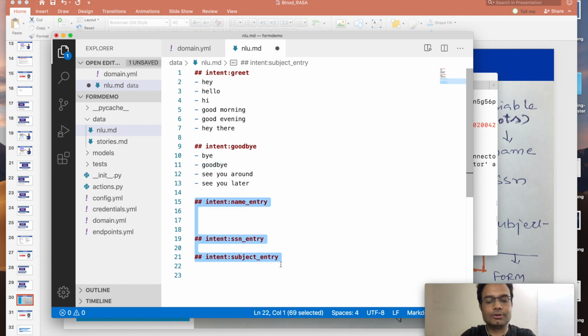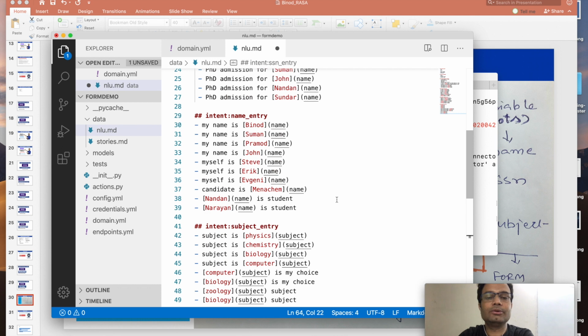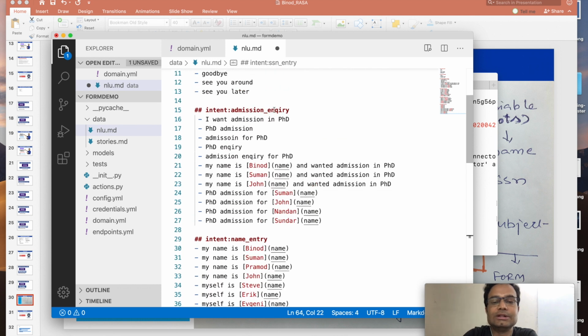Now what I did here, you can see this is the admission inquiry. When the bot says, I am the admission department, hi, they will ask what you want, then the user might say I want admission in PhD, or I want admission for PhD. They can give a simple inquiry also, I want admission, or they can give some information also, my name is this, I want to get admission.